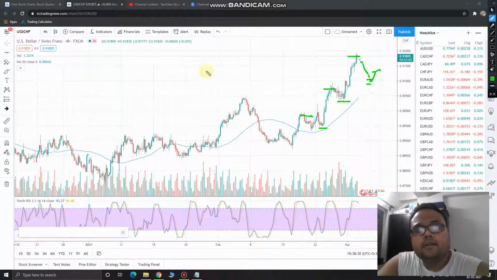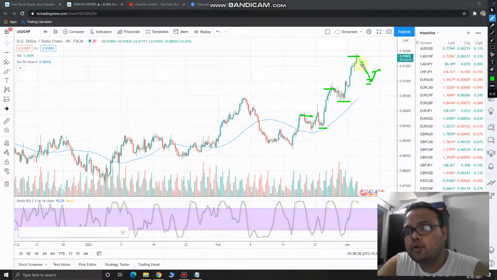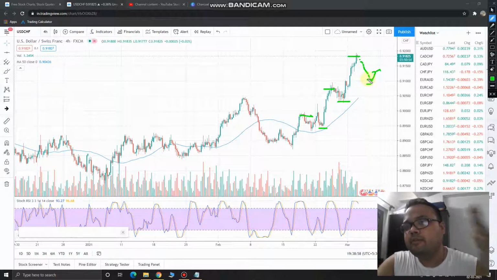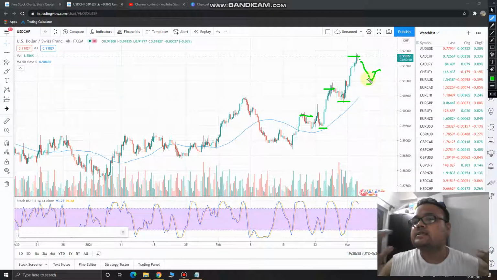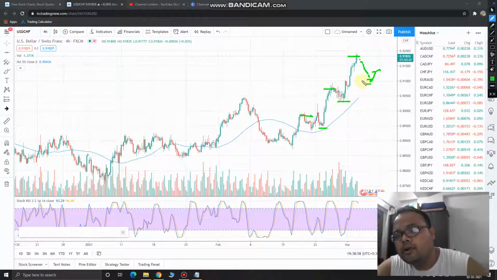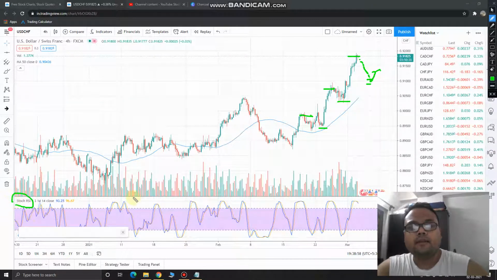So just wait for the market to come down. Let's see whether market takes support at the 50 moving average or not. If before taking support at the 50 moving average market reverses by making a higher low, then also you can buy. You can spot the higher low with the help of stochastic RSI indicator. I love stochastic RSI indicator. You can also use it. It is useful in identifying the oversold and overbought levels in the market.